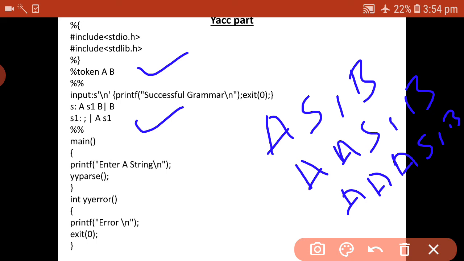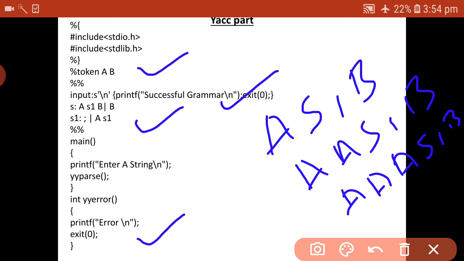If it is valid, then directly it will display the successful grammar and automatically exit. Otherwise it will print the error message, nothing but yyerror.